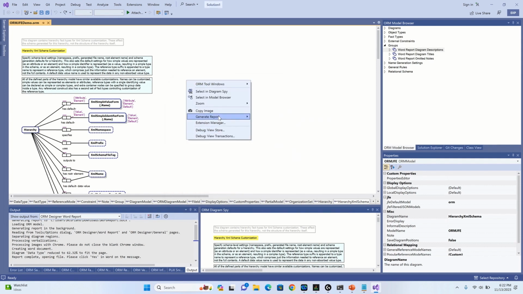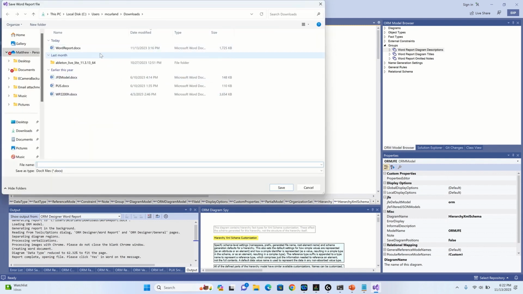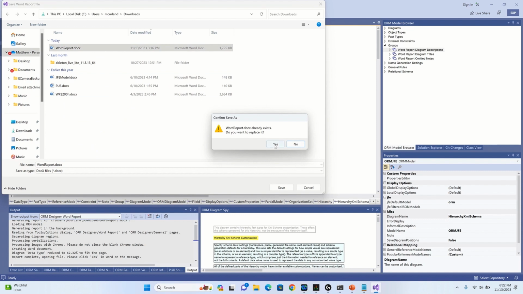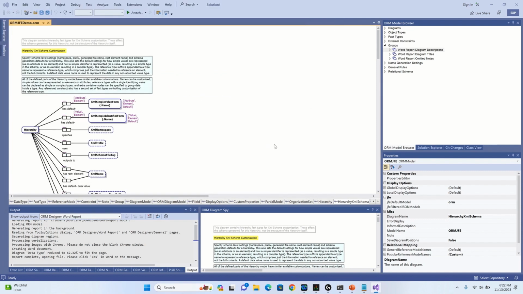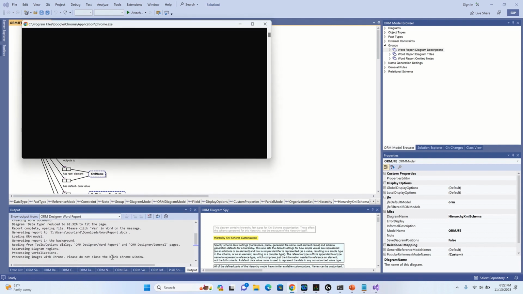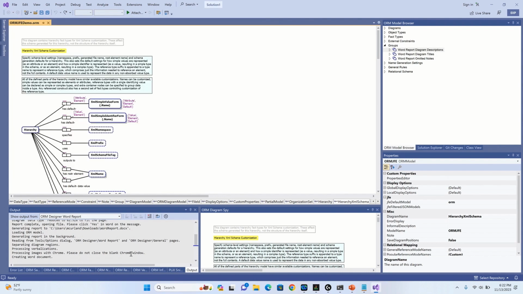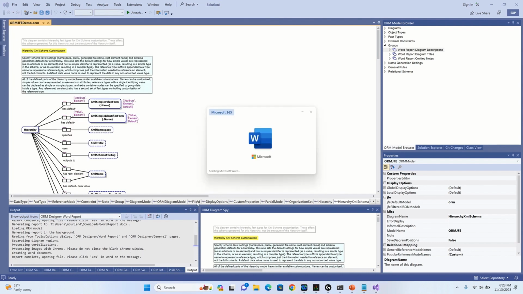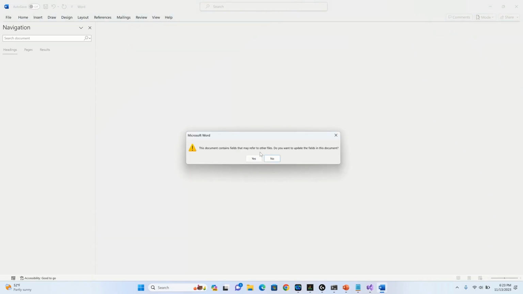Here's the report. Generate report. Now you have word report in addition to HTML report. Just override our old one. This will stop very quickly if you are using that file. Okay, so there were no issues here. You see this? This is a clean run, which means all of the pages fit. Hit yes at this point, and